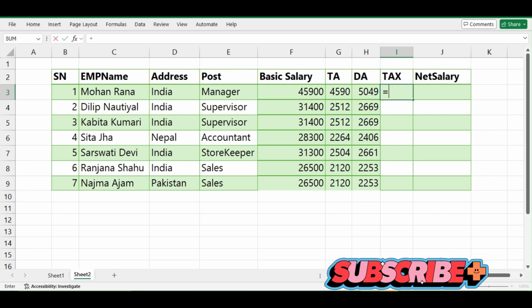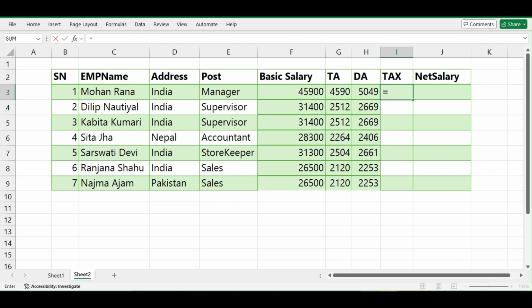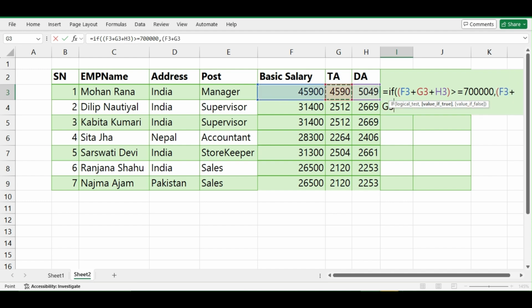So let's calculate, is equal to, plus this, bracket close, there should be another bracket, is greater than or equal to 7 lakh, then bracket close, start this plus this multiplied by how many percentage, 15% means 0.15, else